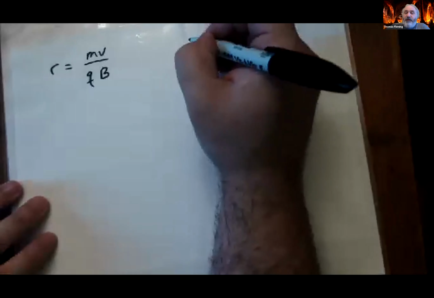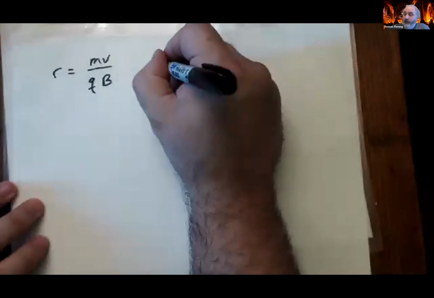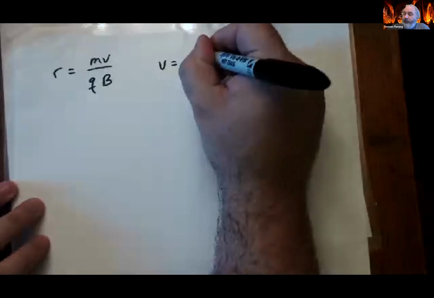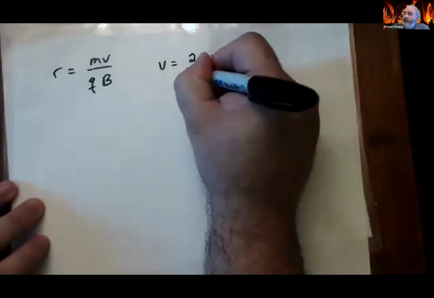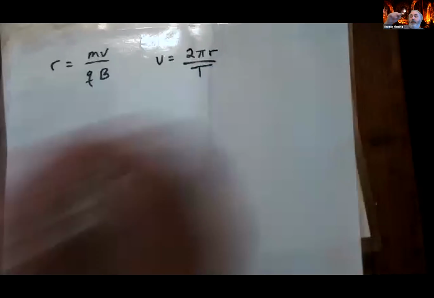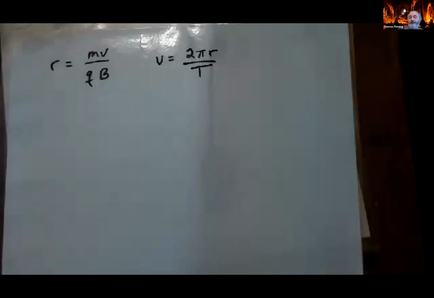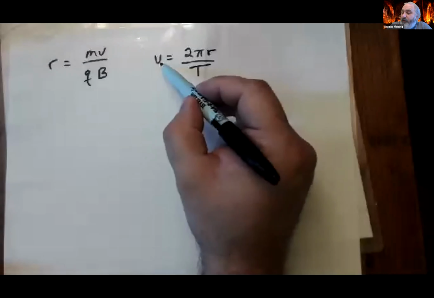We learned last semester that if I'm traveling around a circle at a constant speed, which we appear to be, my velocity would be equal to the distance that I go around the circle, 2 pi r, the circumference, divided by the period of rotation. That's T, the time for one complete cycle. And if that's the case, if I plug this expression in here,